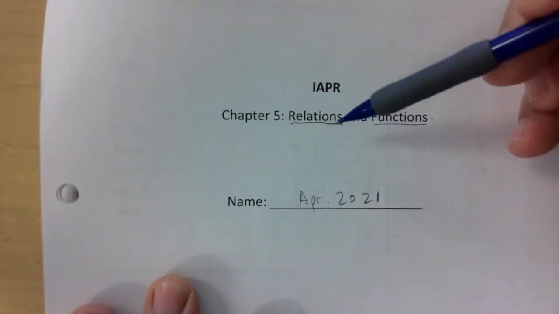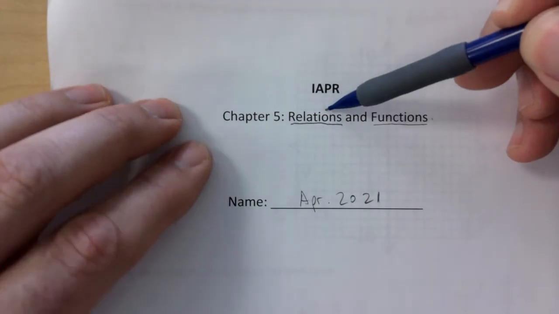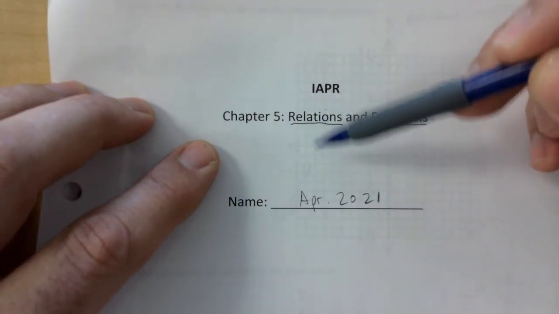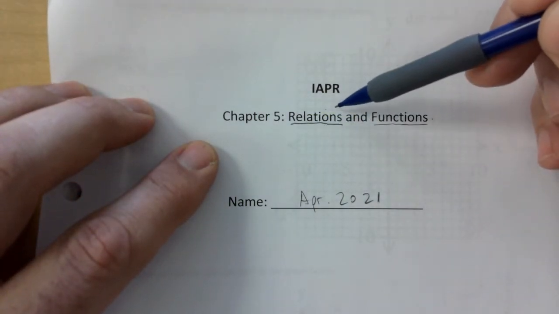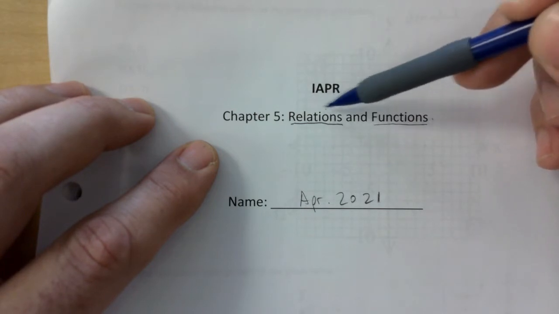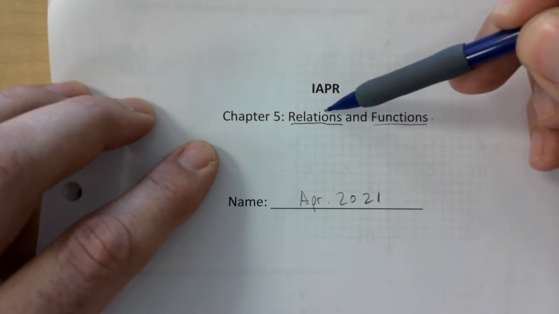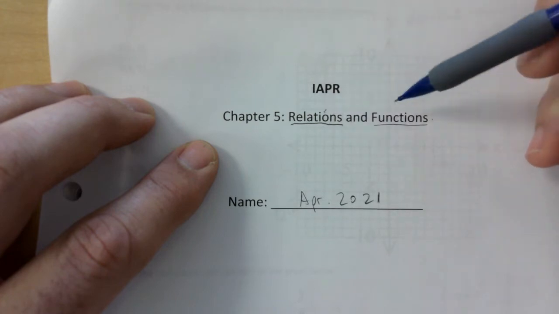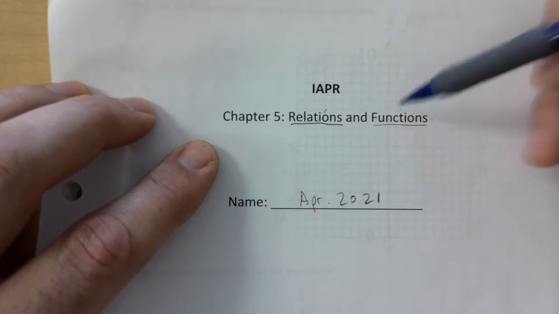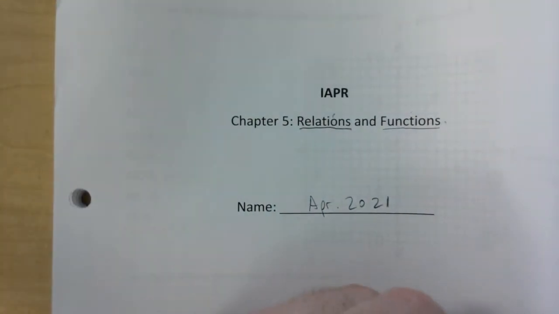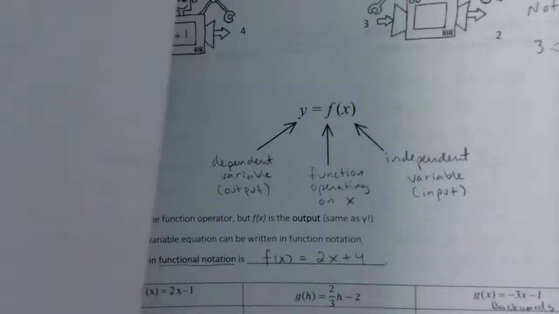Start with domain and range. Okay, so we talked about relations. A relation is a set of ordered pairs, and it could be anything. And then we checked whether or not that relation would also be a function. When you're just looking at points,